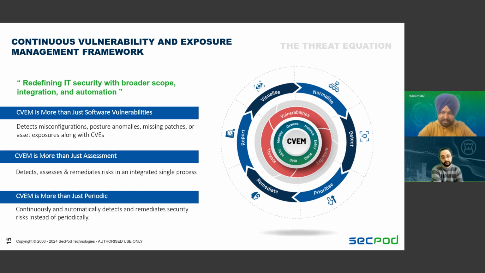continuous vulnerability and exposure management, right? Where across your IT infra, be it on cloud, the network, the devices, the identity, the apps and data, there has to be continuous vulnerability and exposure management done on the entire infra, which would mean looking at vulnerabilities, and then what are the exposures, and then defining is there a threat or not, right? And then coming up with a really good definition of the attack surface to be able to then go ahead and start remediating, right?